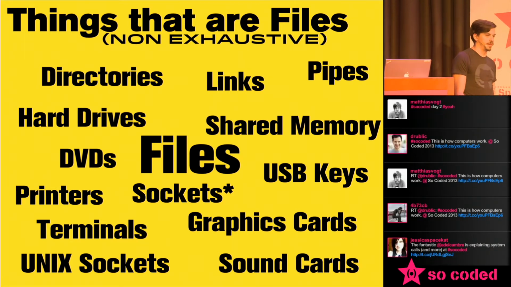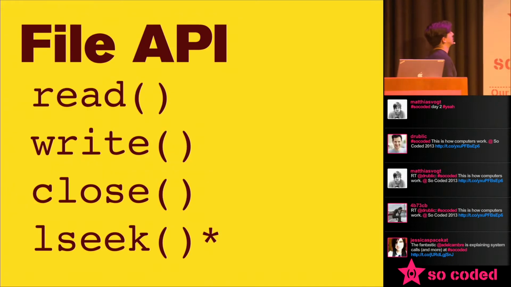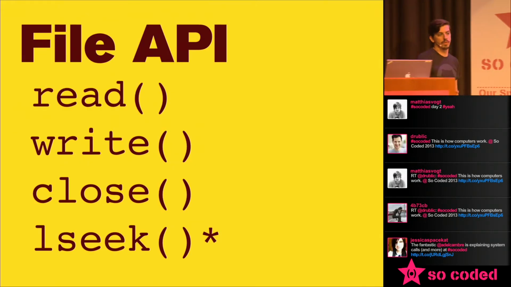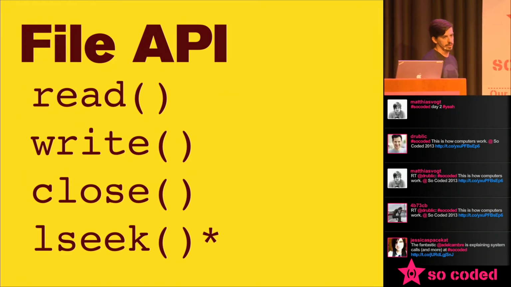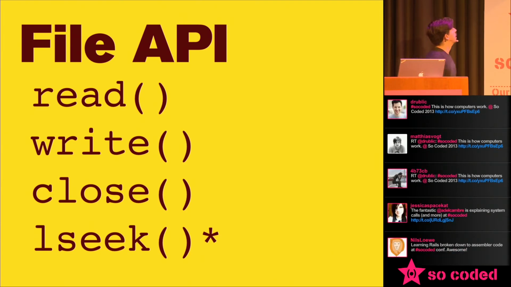So once you have one of these files, there's a handful of syscalls that all work against those files, and they operate with file descriptors. This is pretty much the entirety of the file API, things that you can do with file descriptors across all of the kinds. The first three are common to everything, anything you can read from and write to, and close. So this could be as simple as writing to a file. Could be a network socket where you're reading off the network socket. Could be a pipe, doing IPC, inter-process communication, anything like that. You can close the files.